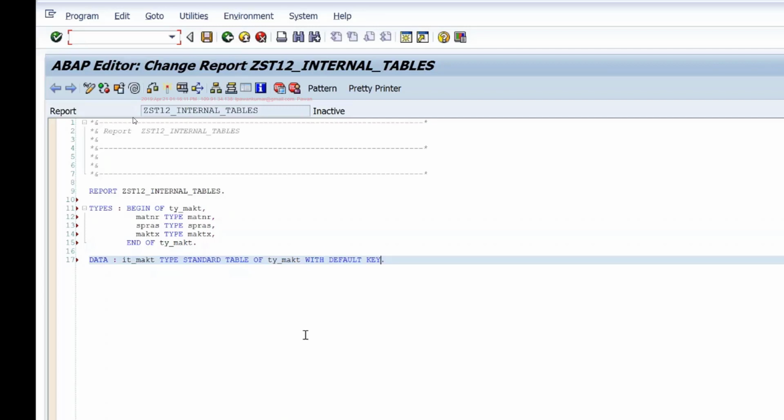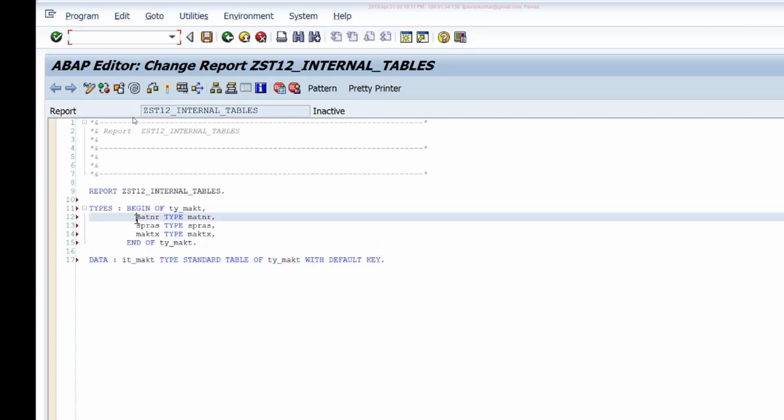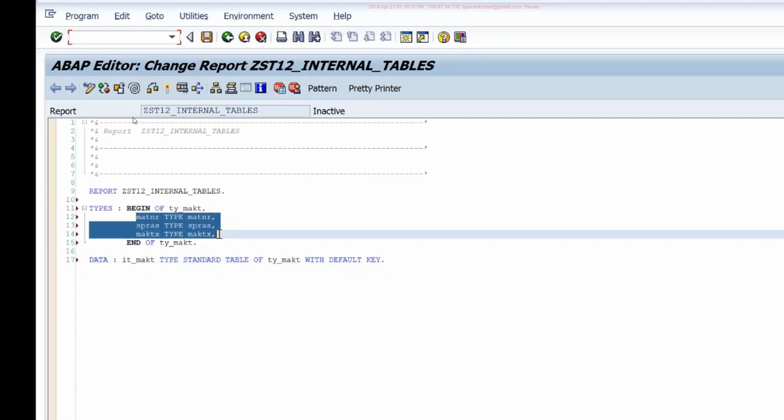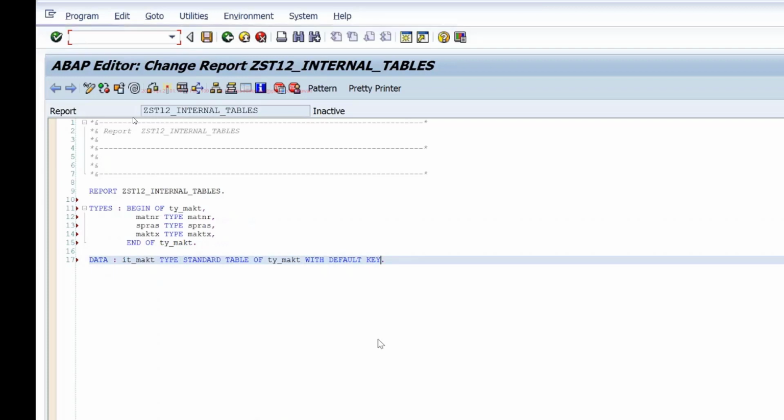Even if I don't write it in my code, the system will add this line when creating this internal table, which basically means that this table is having a default key, which includes all these 3 fields. So if your internal table has 10 fields, then all those 10 fields will be part of your default key. Okay. Either you can say with the default key, or you can ignore it, the system will add it for you. So it's not mandatory. For your standard table, while declaring, specifying the key is not mandatory.